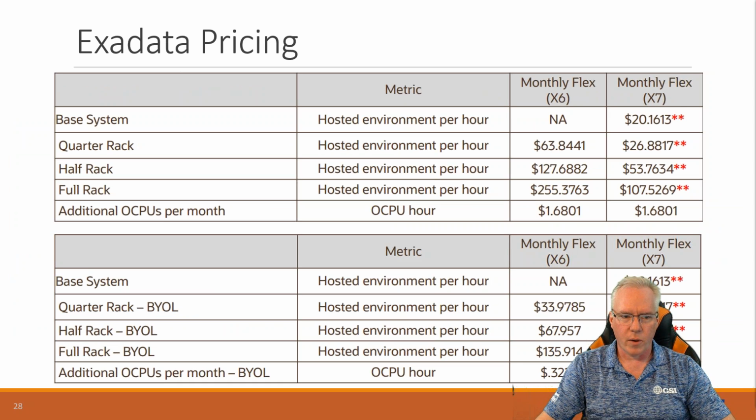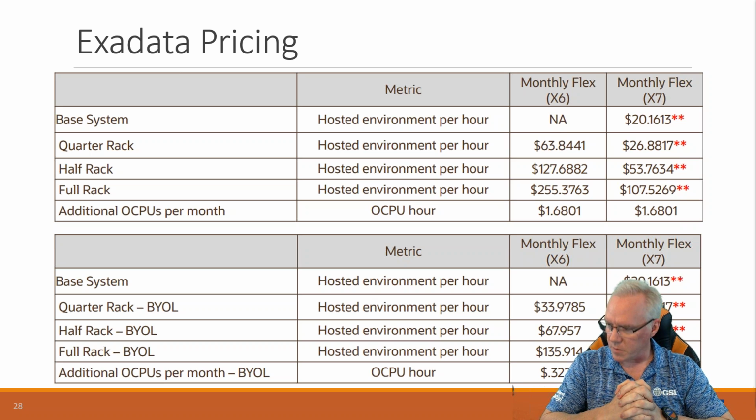Exadata is quite expensive as well, but it's only money, right? You see the quarter rack is the cheapest option, $63.84 per hour. Then additional OCPUs are $1.68 an hour. And if you compare that to buying an Exadata, that's pretty expensive. I don't know how much an Exadata costs off the top of my head, but they're pretty significant in terms of